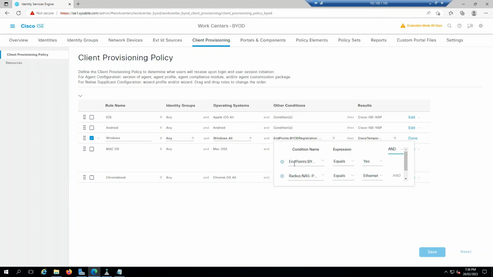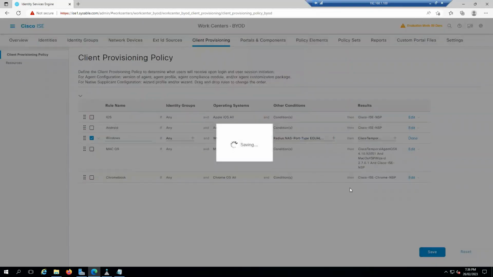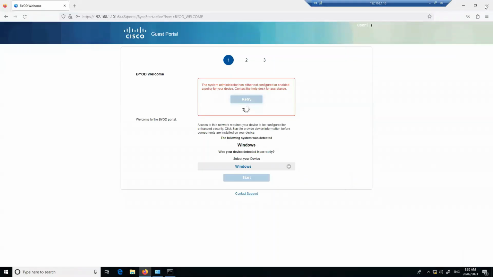I can add one more condition, or I can just change this one, because it is doing the client provisioning, but BYOD registration is not complete. So I should be using some other one, or I will just delete that one itself. So if the NAS type is that one, just provision that one. That should be good. And now I will go back here and I will just